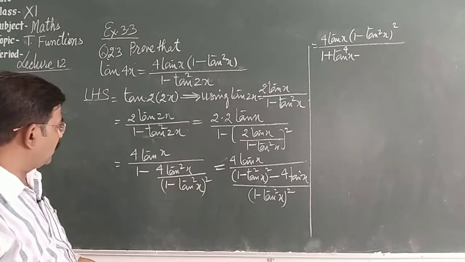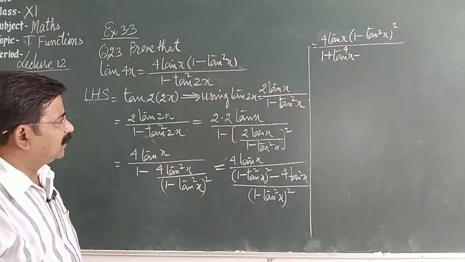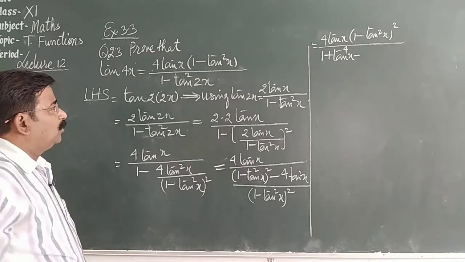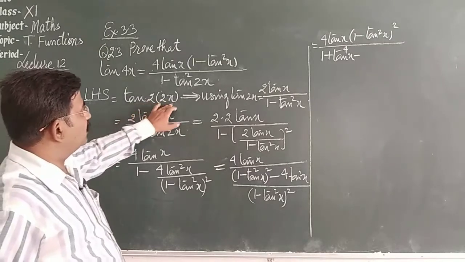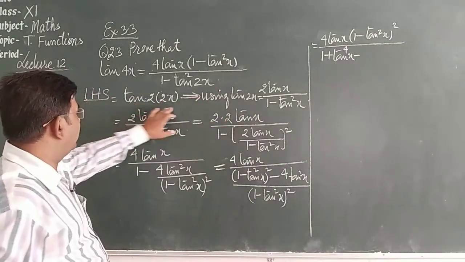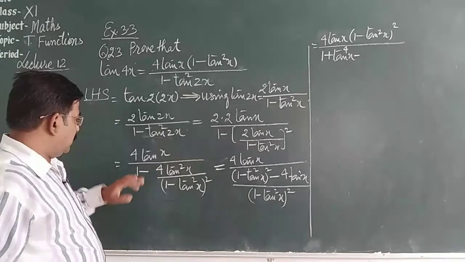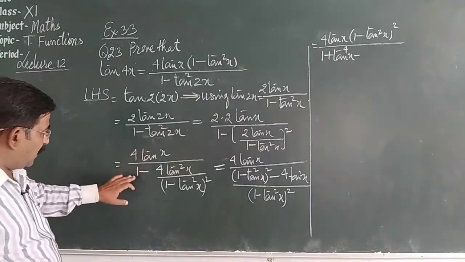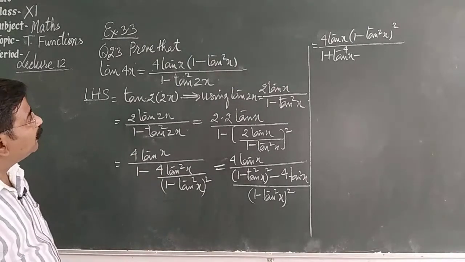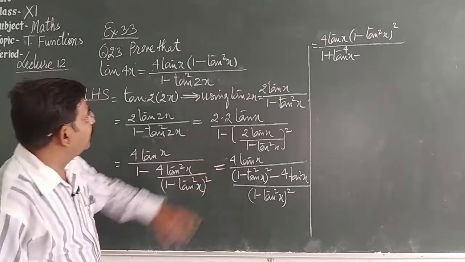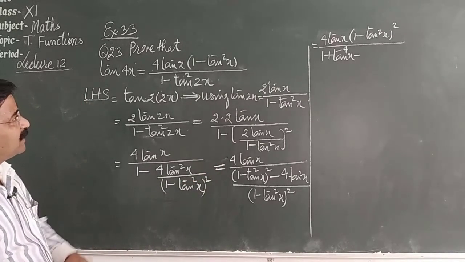So simply we have got the result. Nothing to do, no need to break. See, we have got this tan 2x. Using this formula we have 2 tan 2x upon 1 minus this. We have broken this, 4 tan x upon this will come here. We have to bring 4 tan x. We are getting 1 minus tan square x.